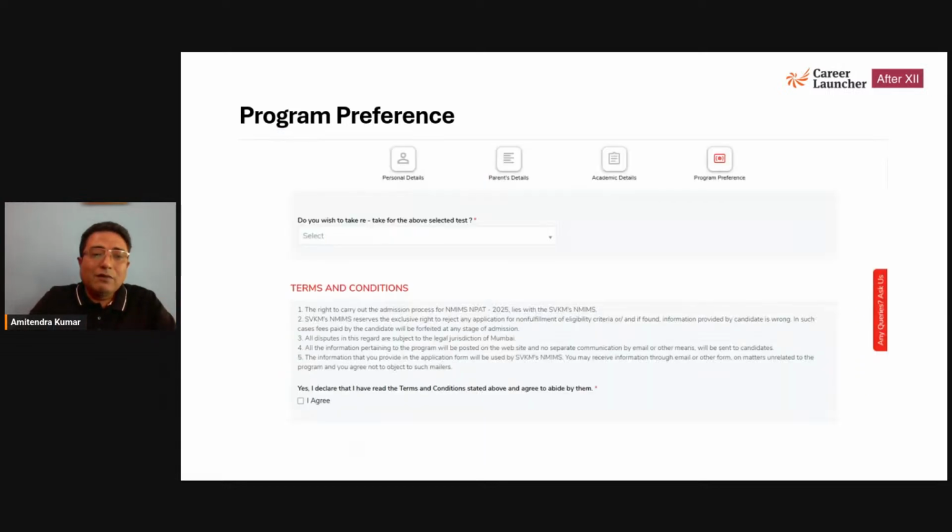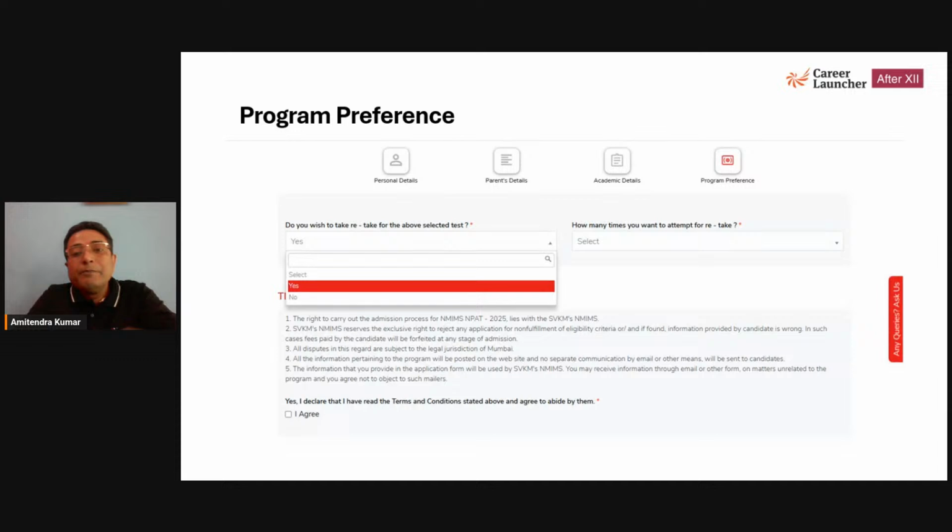Okay, and then once you have done that, the question would be, do you wish to retake the above selected test? If you select yes, then it will show how many times you want to go for retake, 1 time or 2 times. 2 times is allowed. So it's your choice whether you want to retake the examination. You don't want to take any chance, and that's why I said first spend 30-40 days preparing for the examination. Fill the application form somewhere around April, and take a date around the second week of May. That would be helpful. In the first week of May you have all your IPM entrances, but don't go beyond 15.